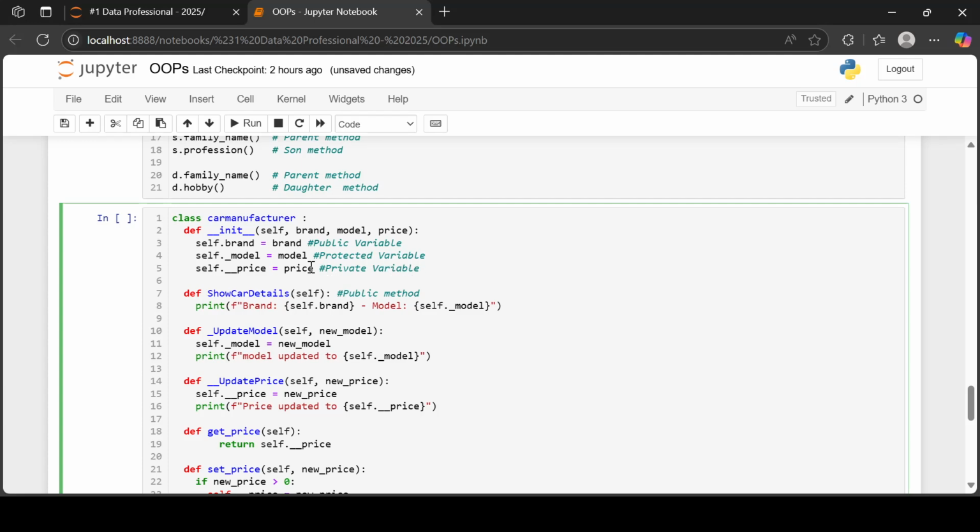You see over here, which is price, right? This is double underscore price. This is a private variable. So this is that locker or the safe which can be accessed only by you. Okay, the same way this private variable can be accessed only inside class, not inside subclass, not anywhere else, only